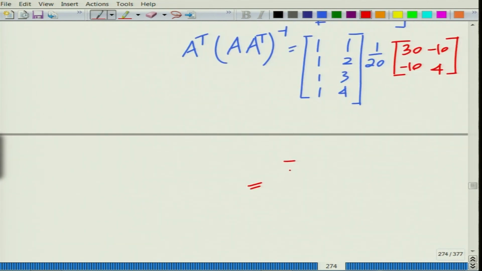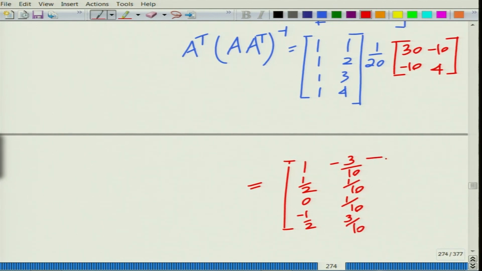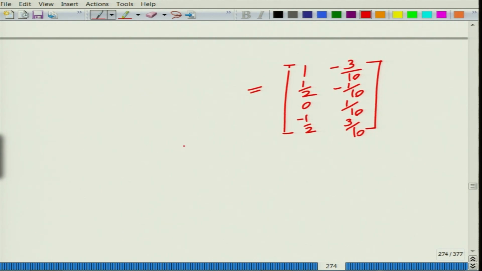Again, this will be equal to 1 half, 0, minus half; minus 3 by 10, minus 1 by 10, 1 by 10, 3 by 10. So, this will be 1 half, 0, minus half, minus 3 by 10, minus 1 by 10, 1 by 10, 3 by 10, and therefore, the least norm solution is given as